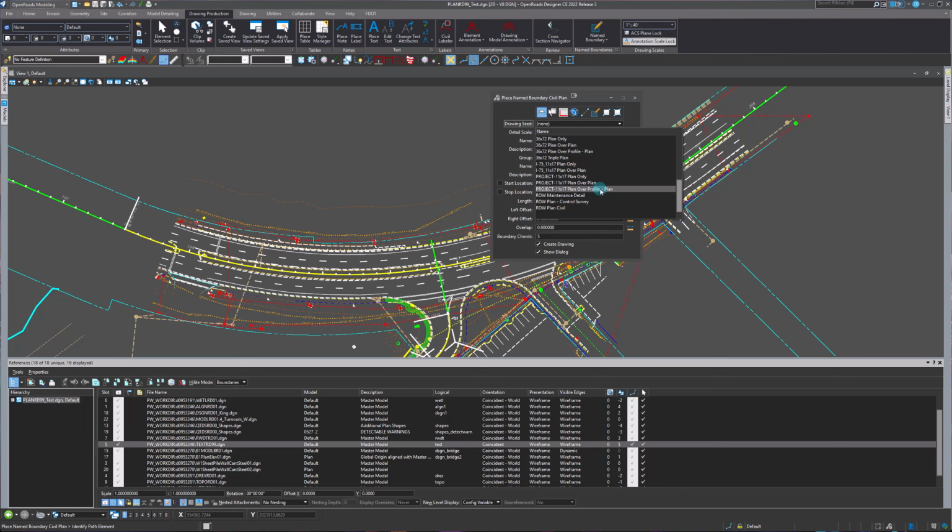For all of your labeling, and especially on a road like this where we've got a divided highway with 4 lanes, the width of the right of way is not going to be very conducive to putting it on half of a plan sheet. Same thing with the profile sheets. Typically, you might be able to display your profile easy enough, but